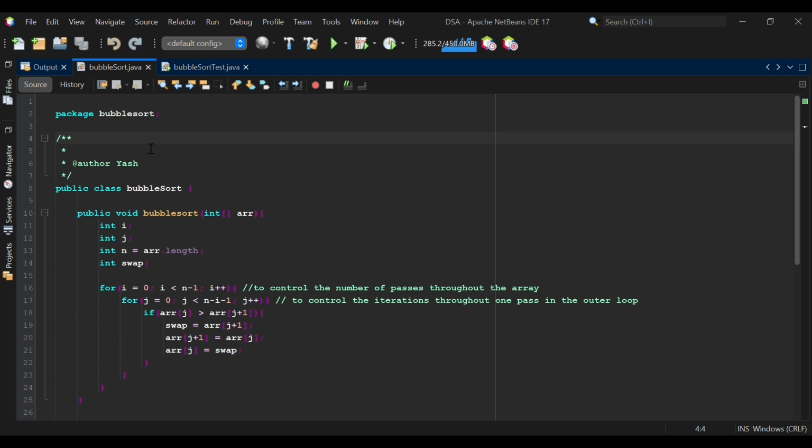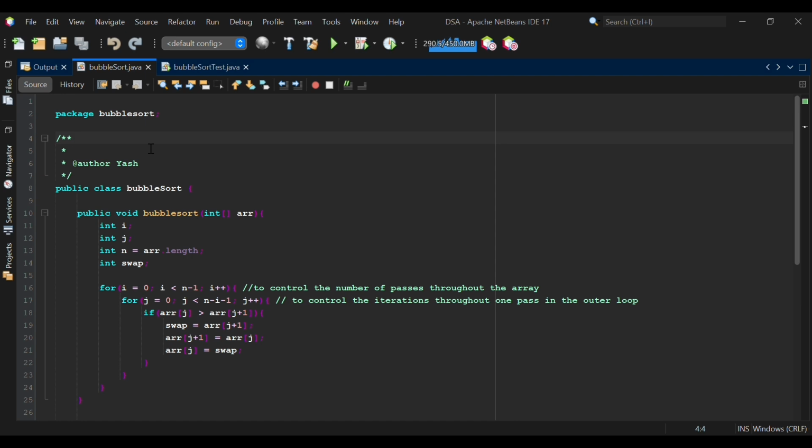So, let's now see how to implement this bubble sort algorithm using Java. As you already know, in the process two consecutive numbers in the array are compared, and if the current number is bigger than the next number, the two numbers are swapped. This swapping process is repeated until we reach the end of the array. However, as you saw in the previous example, the array might not be sorted in the first try. Therefore, we need to iterate through the array again and again and do the swapping process until the array is